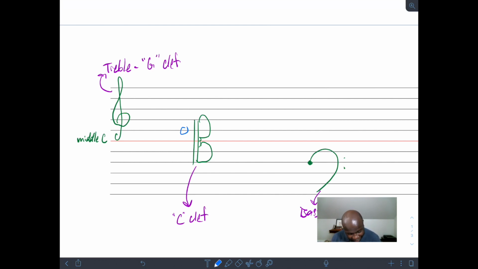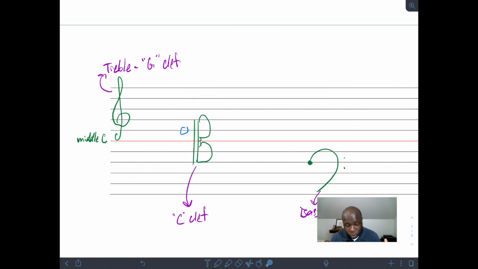So if I forget the clef for just a second, and I just take my note that I'm calling middle C here, and I count up from that, C, D, that helps me arrive at this thing here, which is actually an E. And here's how it's going to look in the treble clef. Within the treble clef, if I've drawn a treble clef, it's going to look like it's on the bottom line. It's crossing the bottom line of the staff, okay? So that's what it's going to look like there.